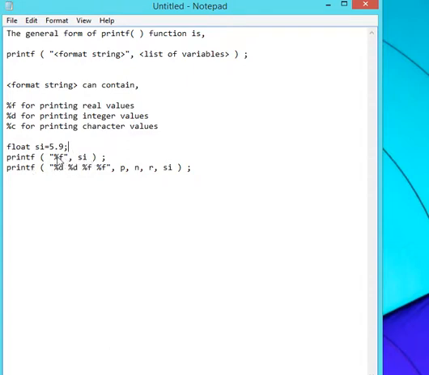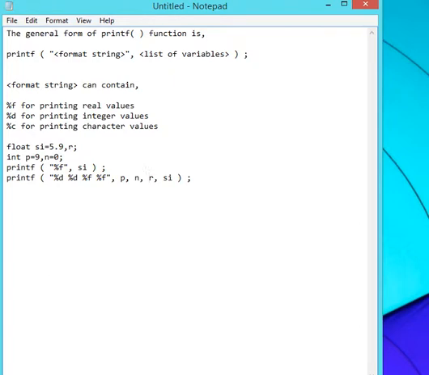Okay, again if I have int p comma n, then to print these values we always have to use percent d for integer type values, and percent f for float type values. Okay, so this is the format in which we use the printf function.